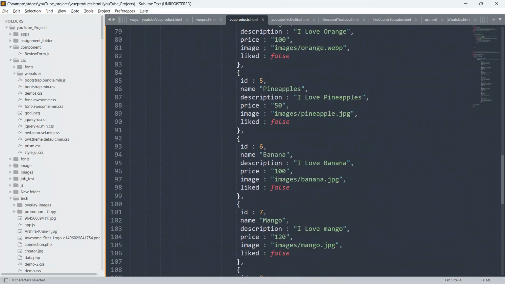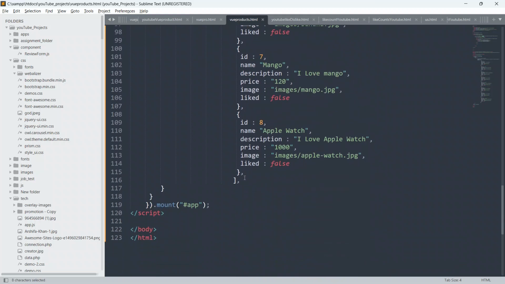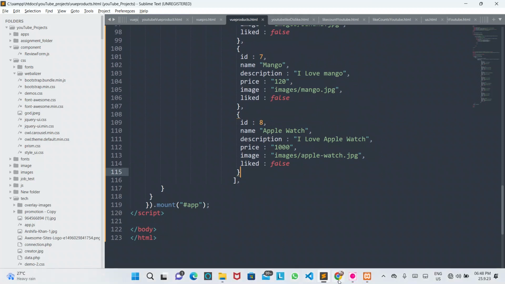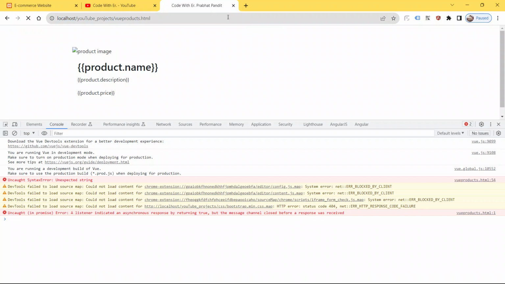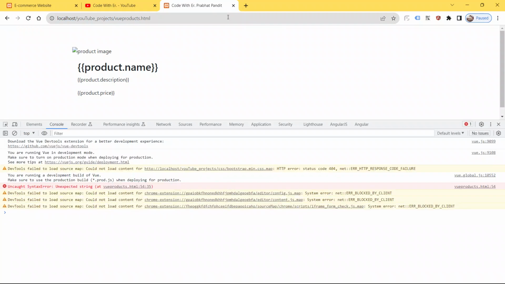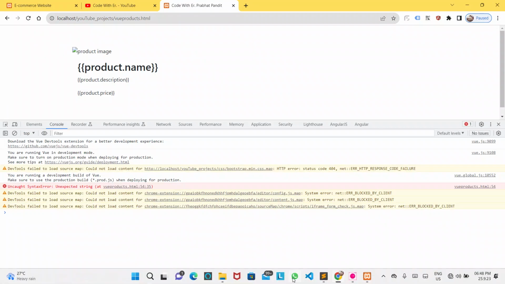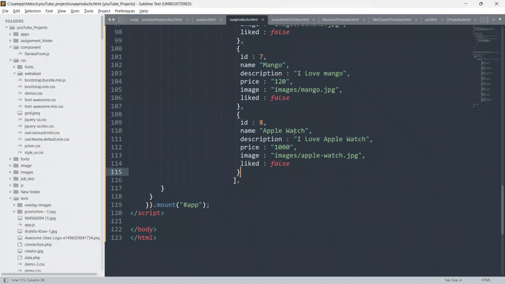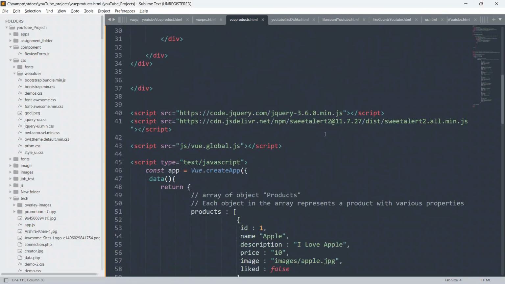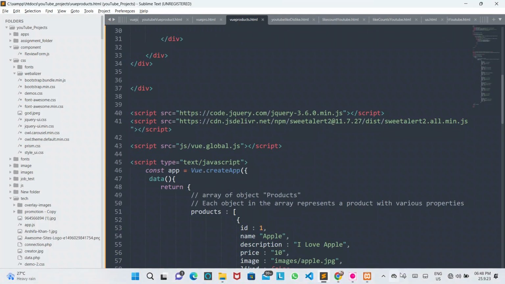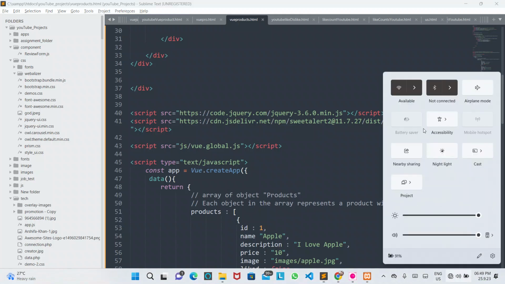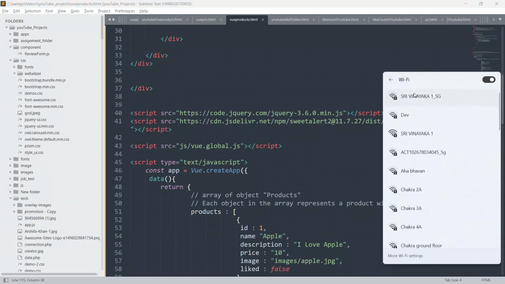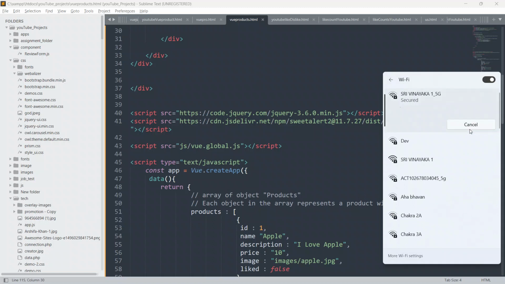Products, okay. Just remove the last comma from here, and now save the page, go to the browser and refresh the page, and let's see the output. Yeah, still we have got the error, guys. Okay, just try to connect the net. I am offline as of now, so I don't think this will be the problem, guys.